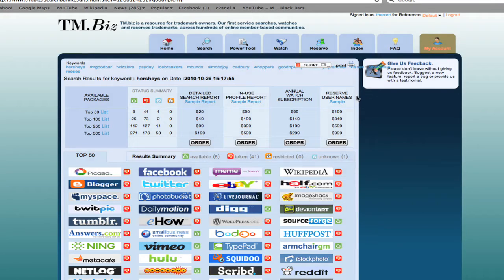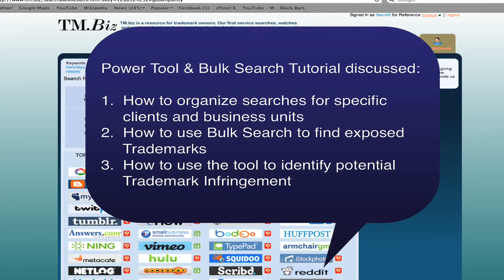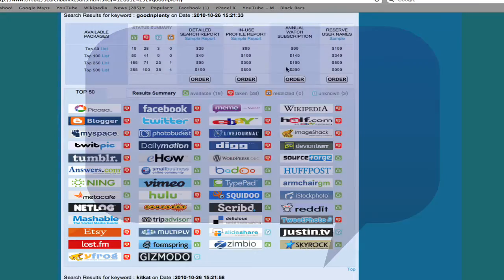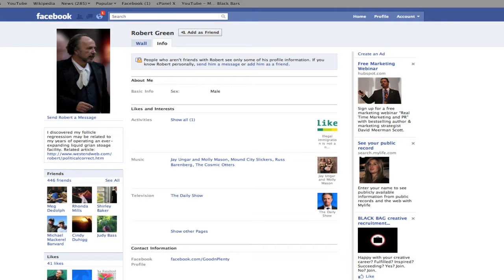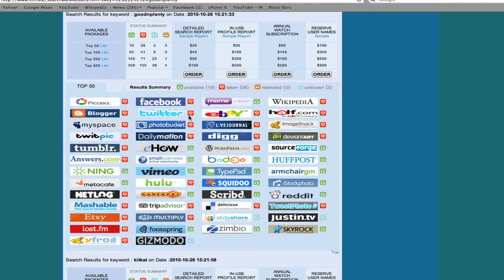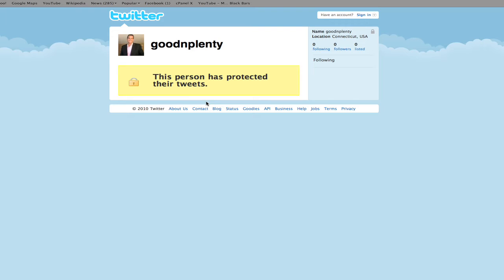To set some context before we jump into this, back in the Power Tool tutorial, we saw Hershey's trademark Good and Plenty had been taken by several users on various social networks. For example, there was an individual on Facebook. Here's Robert Green on Facebook, for example. On Twitter, there's yet another individual.